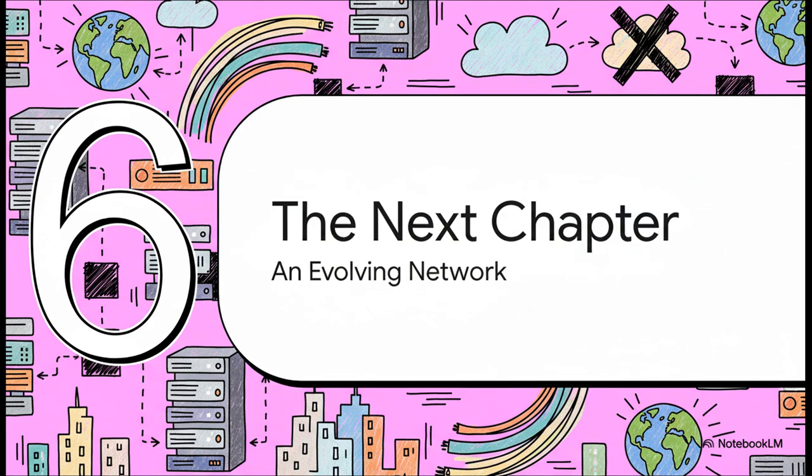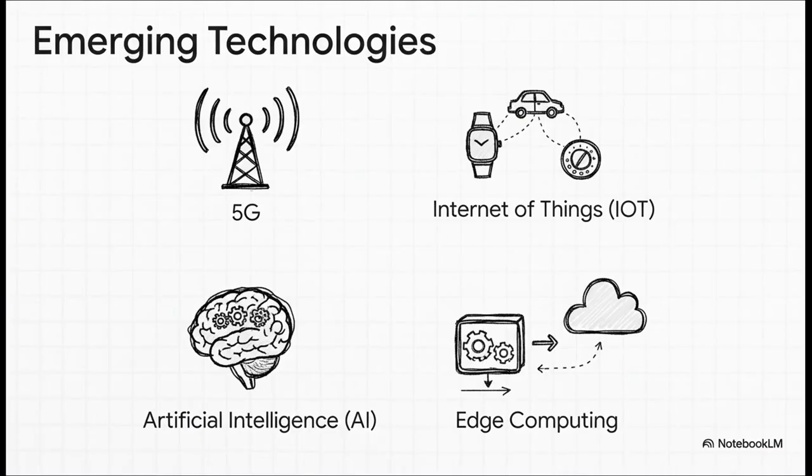So that's a whirlwind tour of how the internet works right now. But here's the thing, this network never ever stands still. It's constantly changing, constantly evolving. So to wrap things up, let's just take a quick peek at what's coming next. I mean, you've got technologies like 5G delivering absolutely mind-blowing speeds, and the Internet of Things, or IoT, connecting everything from your smart thermostat to your car. And on top of that, you have AI and something called edge computing, which are totally changing where our data gets processed, making everything faster and smarter. The Internet of Tomorrow isn't just something we're going to log into, it's going to be completely woven into the fabric of our physical world.